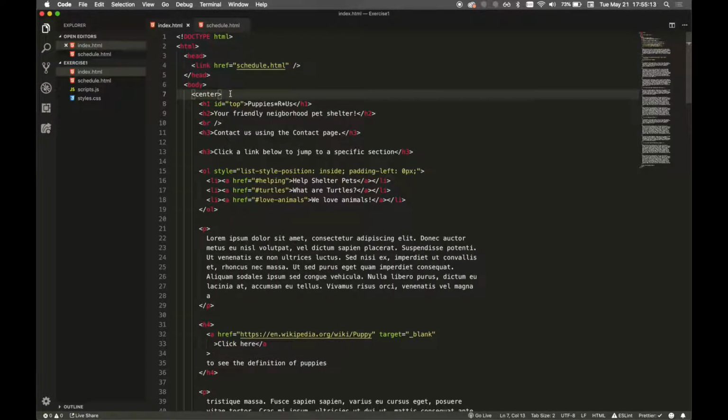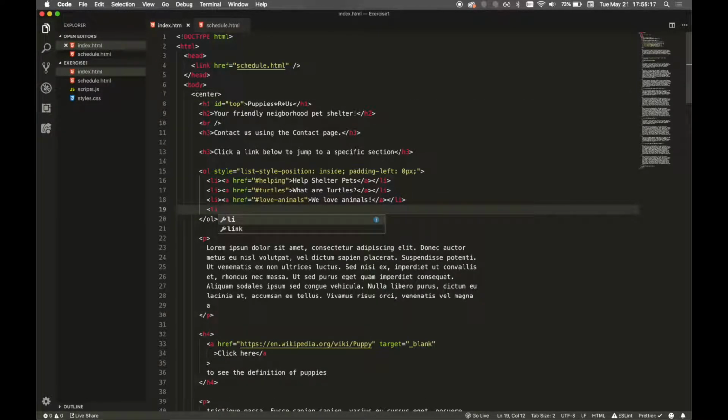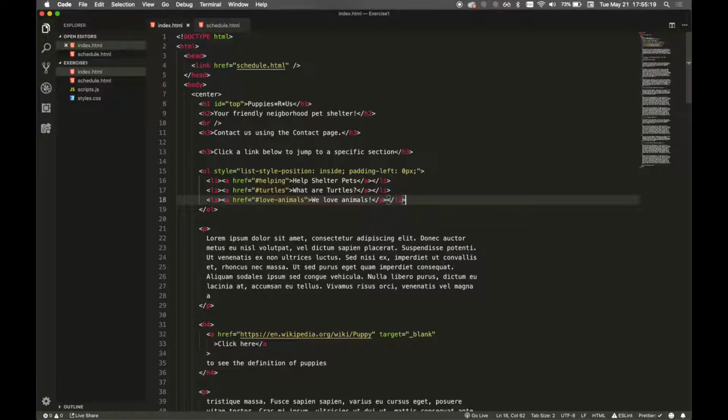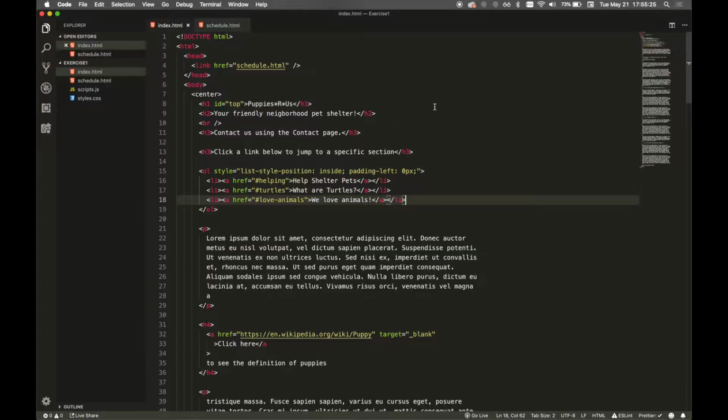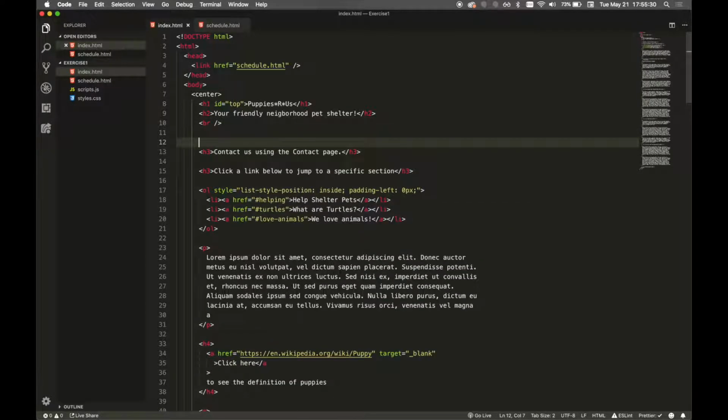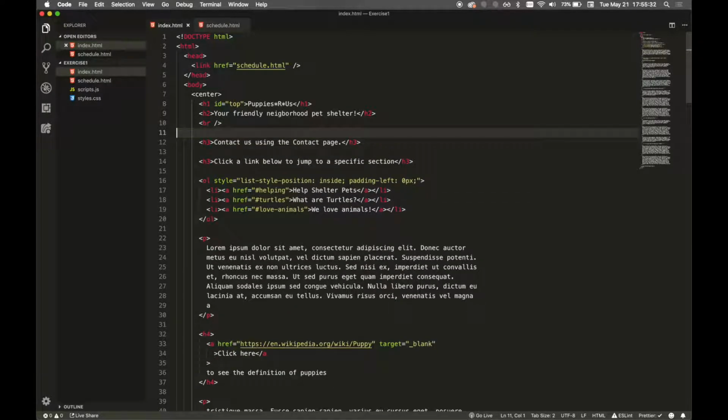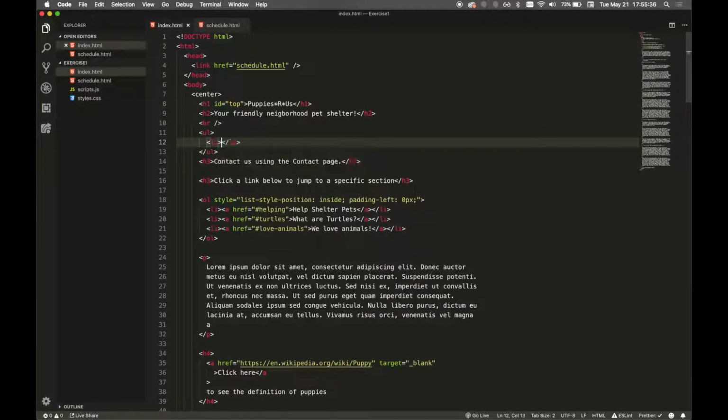And what we're going to do is include another link here. I'll tell you what, we'll put it up at the top. And where's the best place to put it? Maybe it should go up here, right? So just above contact us, let's create a new unordered list with a list item. And this one is going to be an anchor tag with an href of